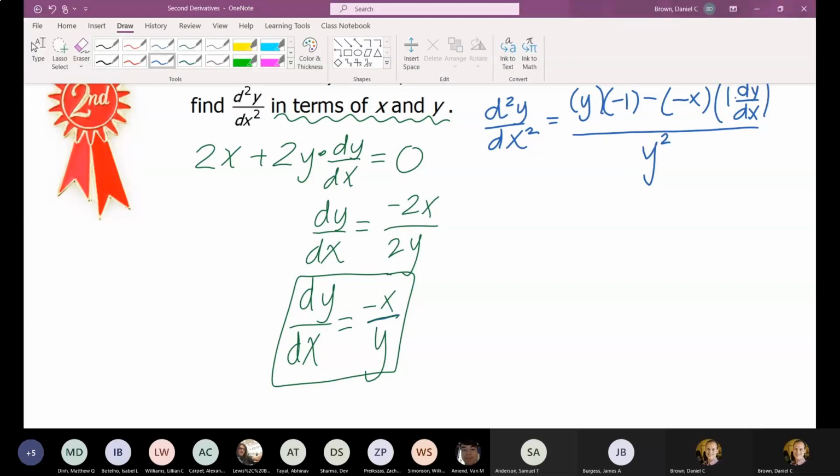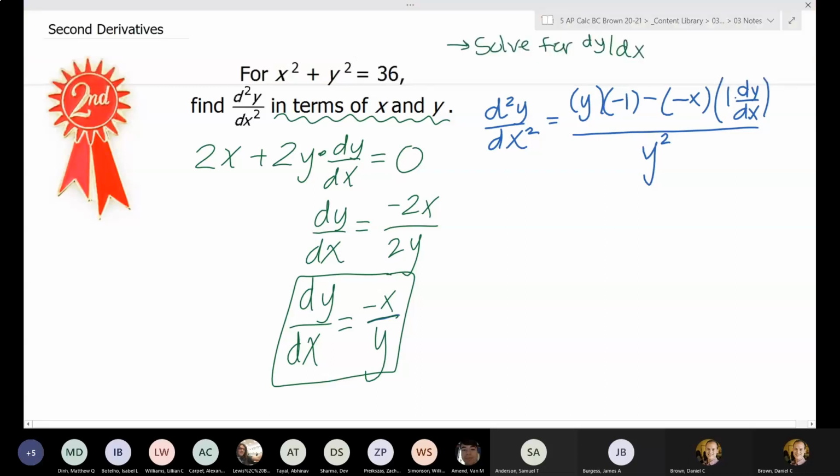If you leave your answer like that, that is technically not answering the question asked, because it asks you to find the second derivative in terms of x and y. This is the second derivative in terms of x, y, and dy dx. So the next thing you want to do is take care of this dy dx. Well, what is dy dx? We know that dy dx is this negative x over y. So to answer the question and have it in the form that it wants us to have it in,